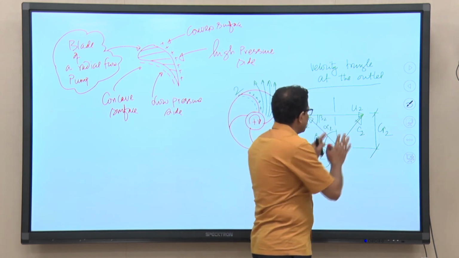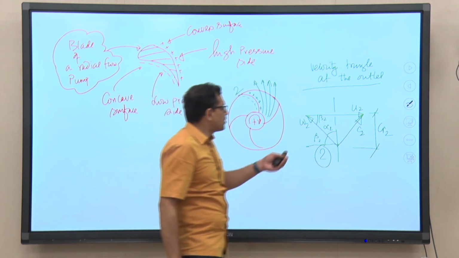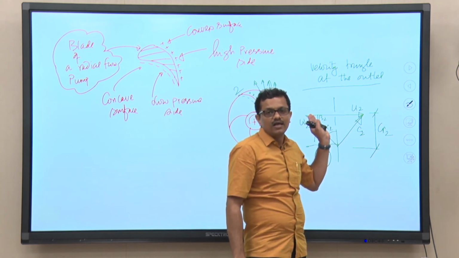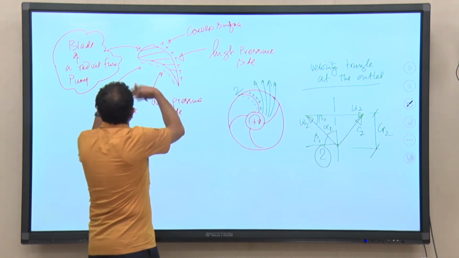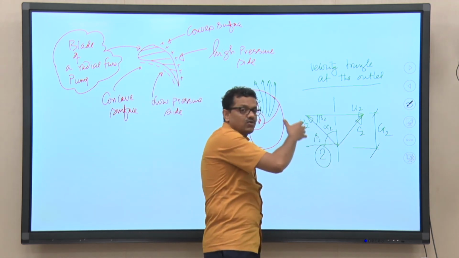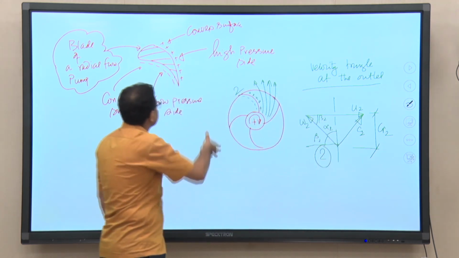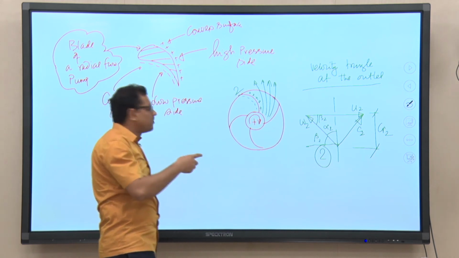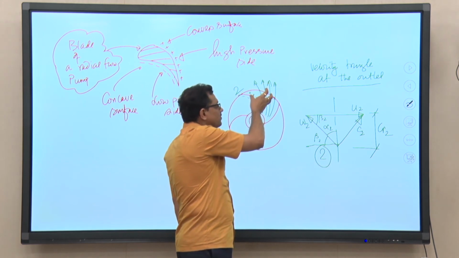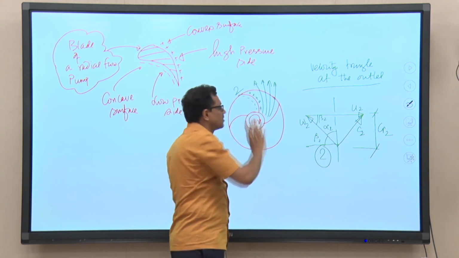So, basically this is the velocity triangle, but not really. We will not get the velocity triangle like this at the outlet. Why? Because of this effect. Though we are expecting the velocity triangle to look like this at the pump outlet, because the pump is rotating, one force is there, liquid is coming out from the impeller, another force is there, and the resultant force will be creating a positive pressure on the pump impeller.